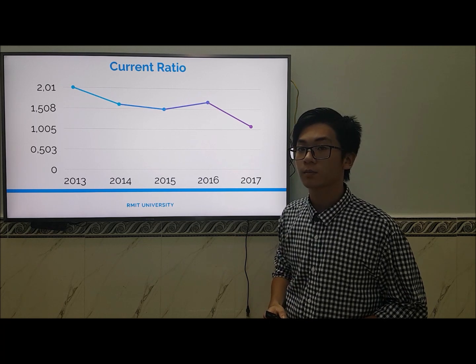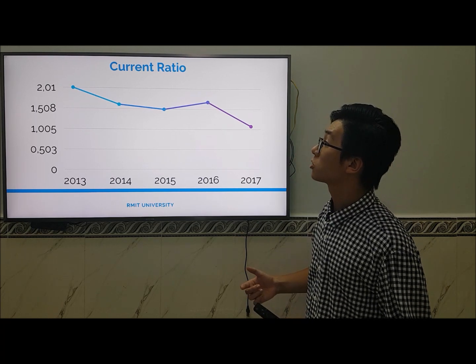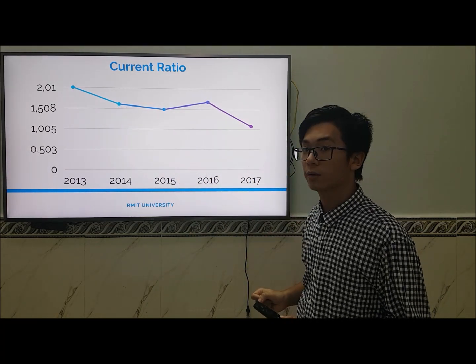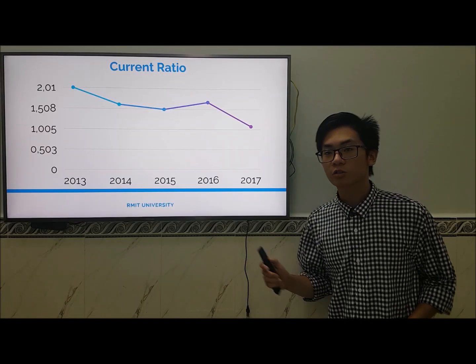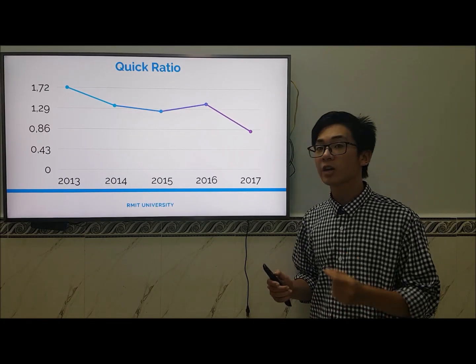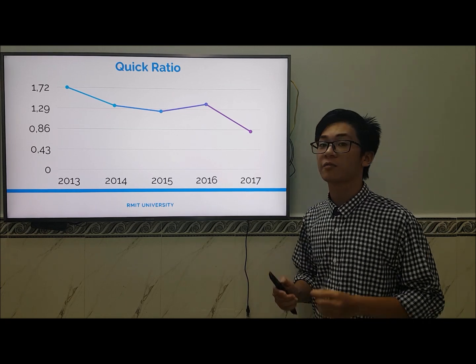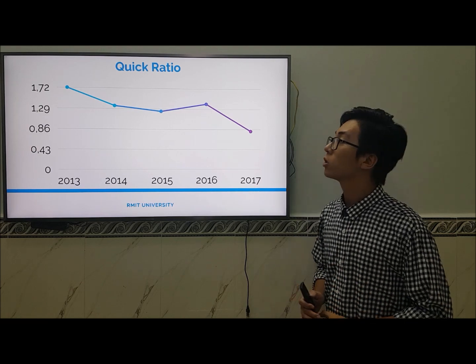Obviously, in this case, Apple is not doing so well. Their current ratio decreased over time and reached just about 1 in 2017. Moving on to the quick ratio. As you can see here, the quick ratio has a very similar trend to the current ratio, starting with